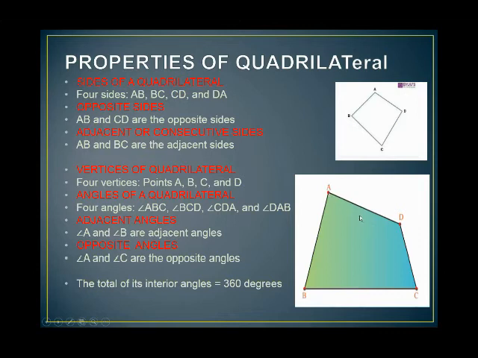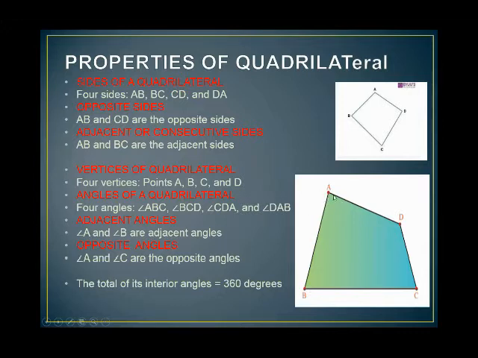The angle which is formed by AD and AB, these two segments make an angle, angle A. So this is angle A. And here is angle B, this one is angle C, and this one is angle D. Angle ABC is the first angle, which is formed at vertex B, and angle BCD is the second angle, which is formed at vertex C, and angle CDA is the next angle, which is formed at vertex D. Now the adjacent angles. Adjacent angles means the angles which are beside each other.